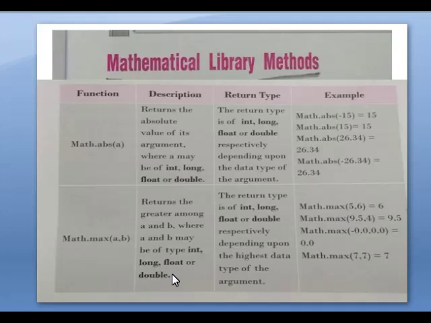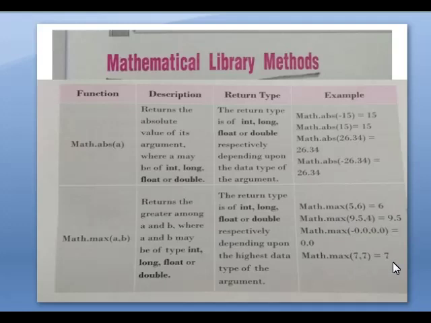You mention the function like this: math.max of 5 comma 6 means 6 is the greatest value. The next one is 9.5 comma 4, so 9.5 is the greatest number. Here minus 0.0 and 0.0, the negative value is always the minimum, so the positive 0 is taken. If two values are the same, it will take one value as the maximum.